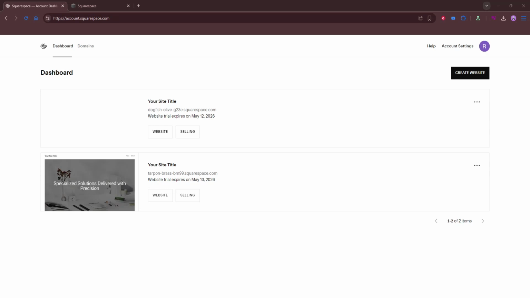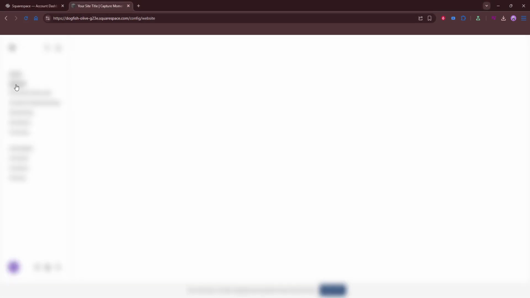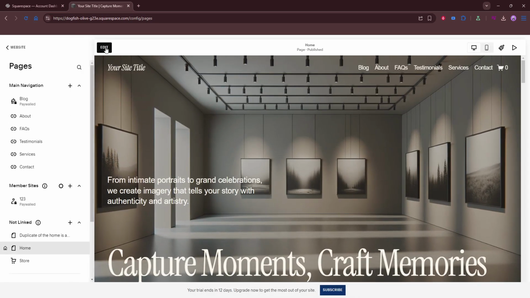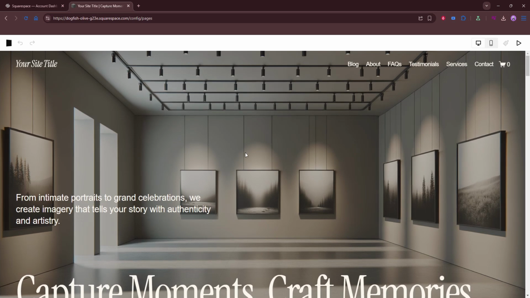In today's video, I'm going to teach you how to add an Unsplash image to your Squarespace page. Let's start by opening your Squarespace site editor. When the editor loads, you'll see your site just as visitors would, but with editing controls available. This is where all your changes happen in real time, so you can see exactly how things will look as